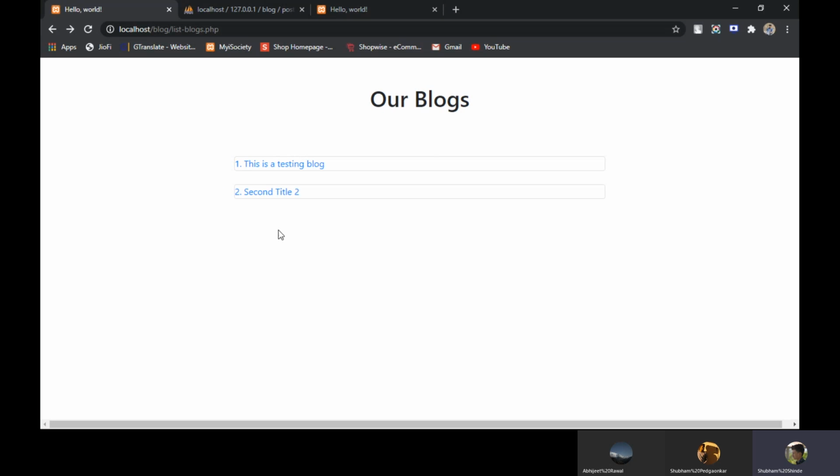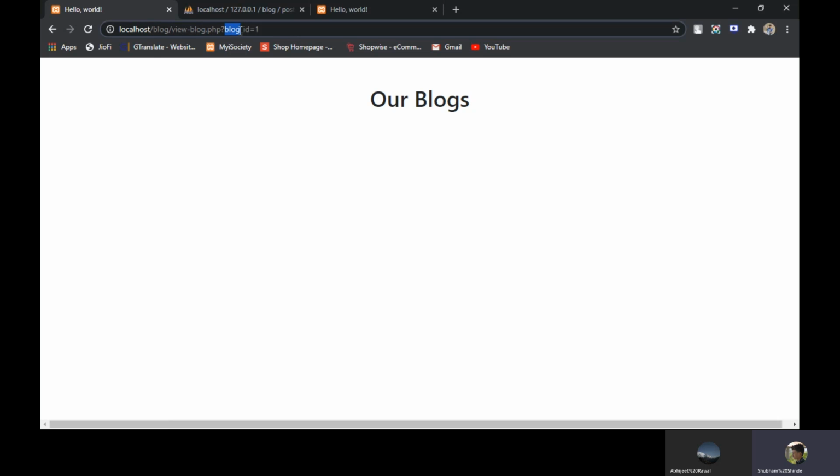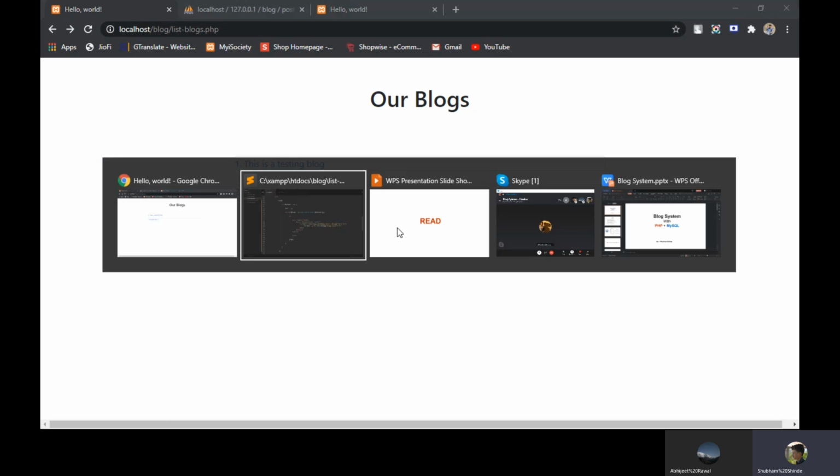It will not do anything, but it will take us to that particular blog. So let's click here. In the URL we are getting blog_id equal to 1. On the second link we are getting blog_id equal to 2. We will fetch that.